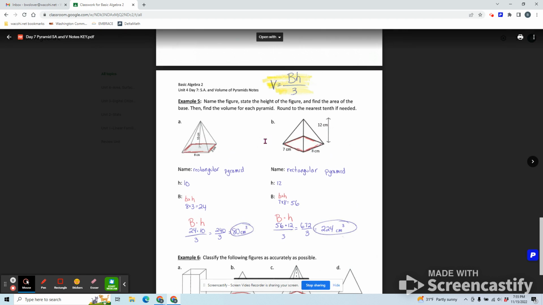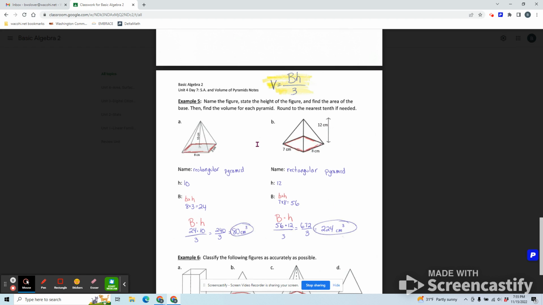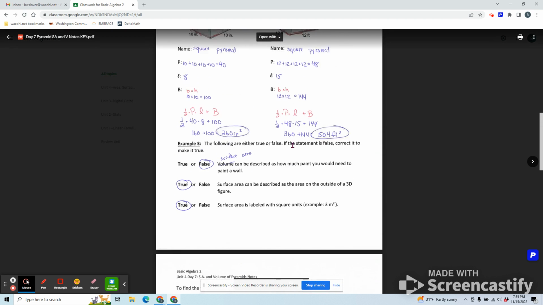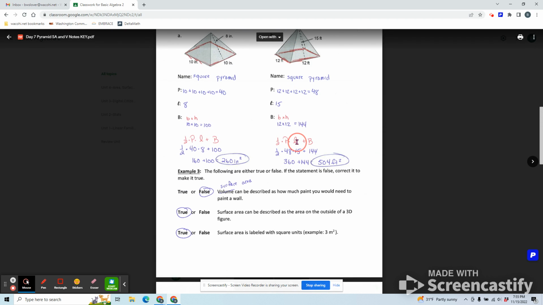So here's your formula. We're using area of the base, which we've seen before. Height we've seen before. The only new aspect is in our surface area when we talk about the slant height, which is this lowercase cursive